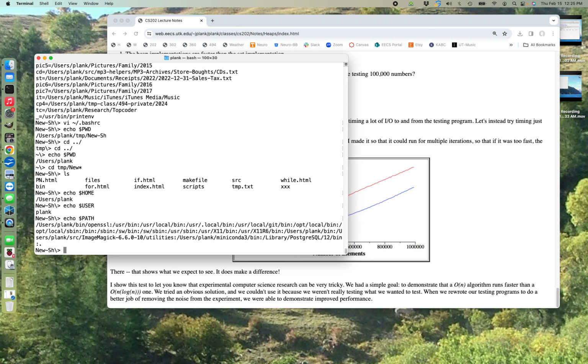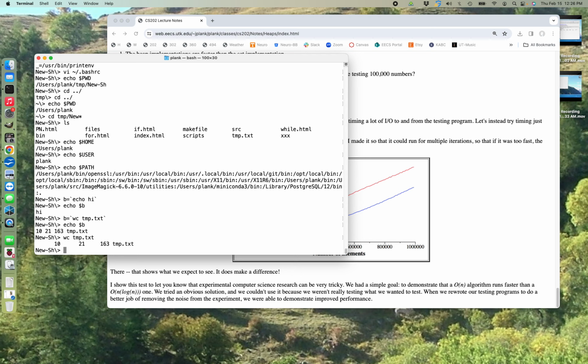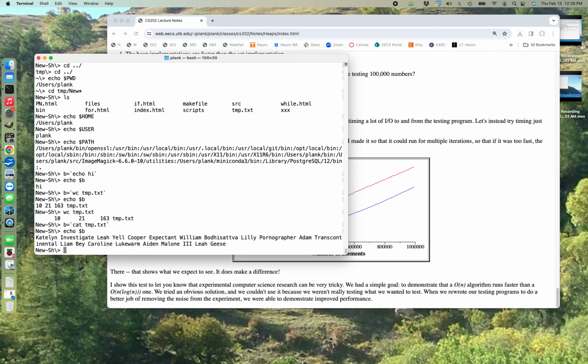Okay? So if I said wc temp.text, you notice it takes the formatting out. It puts everything in with single spaces, and if it's multiple lines, it'll smash them all down. So b equals cat temp.text, echo b, right? There they all are, all in one line. It's like the most important part of the shell.